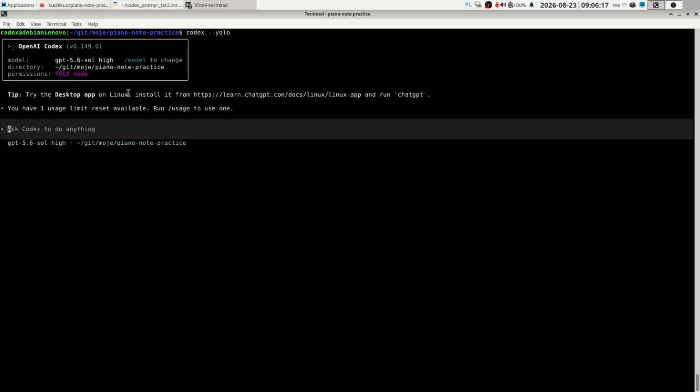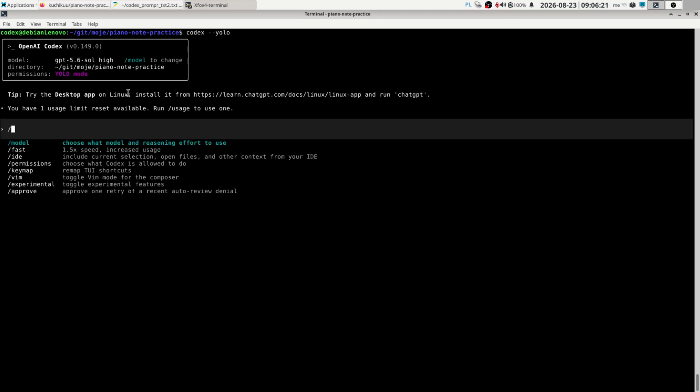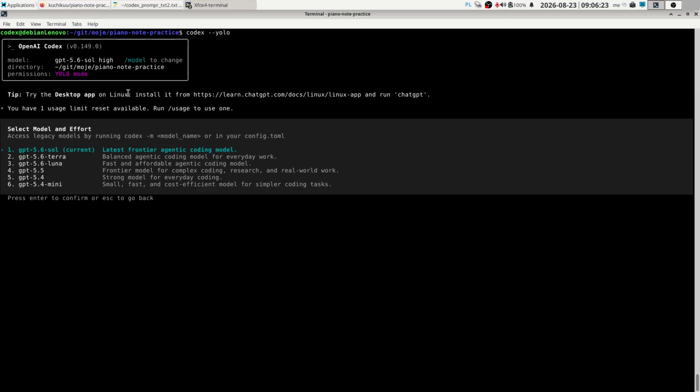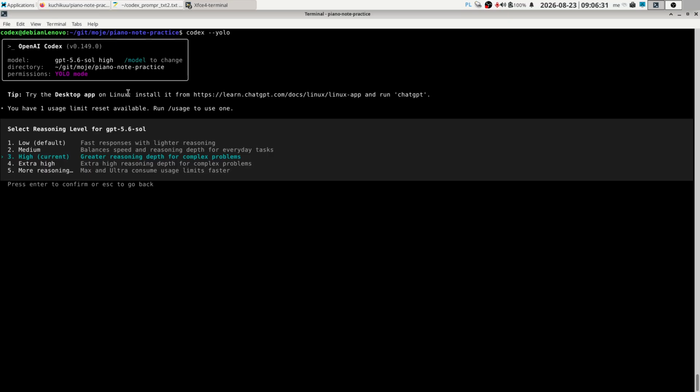And I would like to explain why I'm using the model I'm using. So I'm using the 5.6 Sol currently. It is like the top tier, right? But I'm using high. I'm not using extra high or more reasoning. I could, because I'm not using my ChatGPT Plus quota for anything else, just for this project. So I could, but